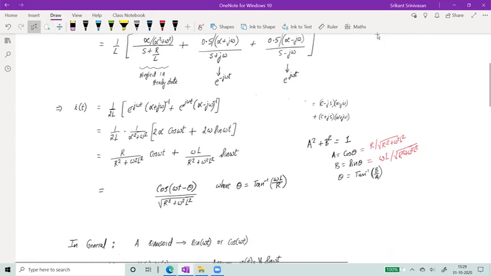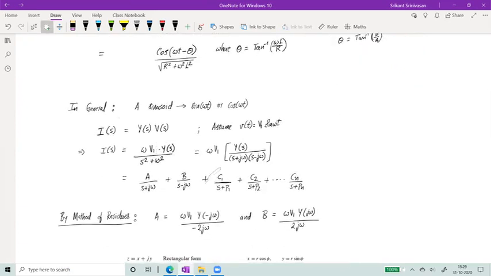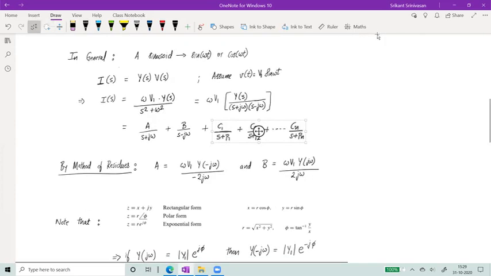Similarly, in a general circuit, we did RL on top. Any general circuit, some RLC circuit having many inductors, capacitors, resistors, doesn't matter. Some complex circuit has an admittance function given by Y of s, and that Y of s can then be split into a bunch of residues, C1 by s plus p1. P1 stands for the pole, because the values at which the denominator goes to 0 are called poles. So the various poles are s plus p2 and until s plus pn. The admittance is now resolved into that.